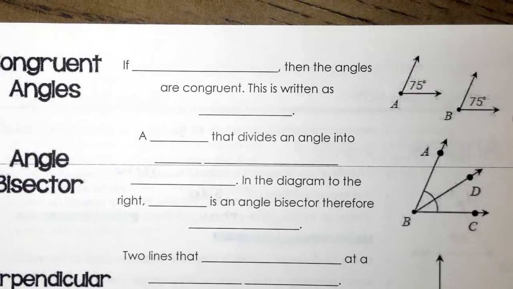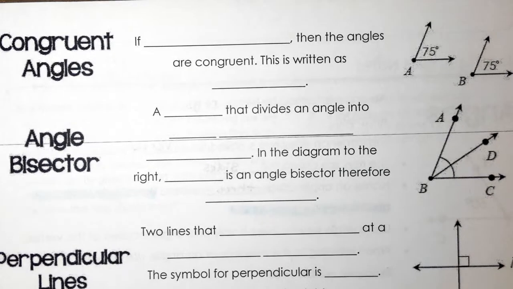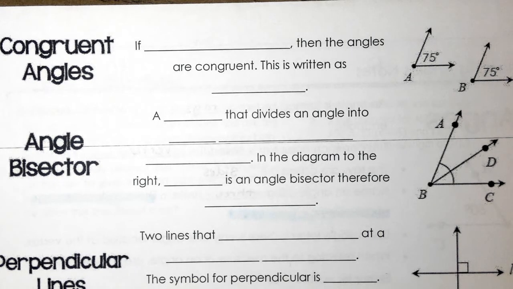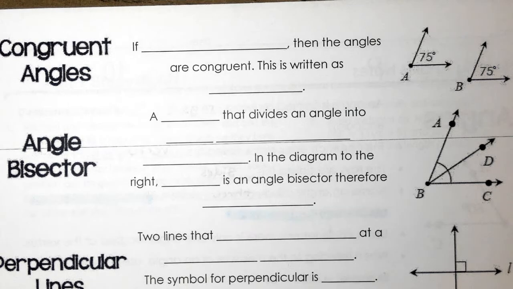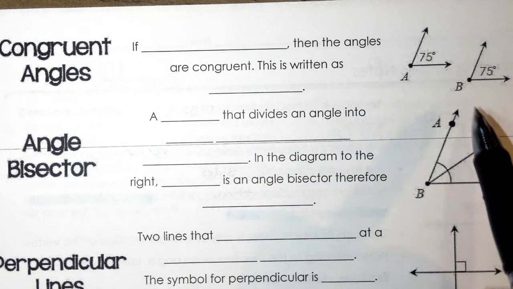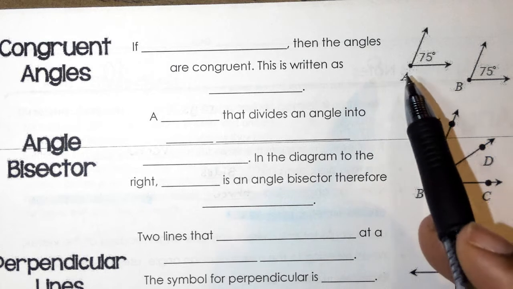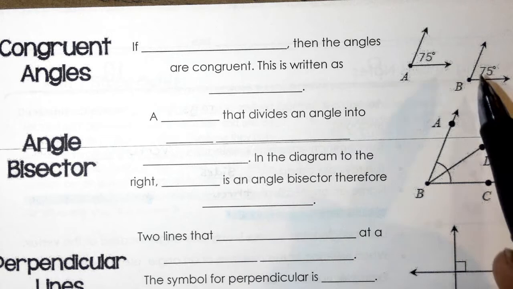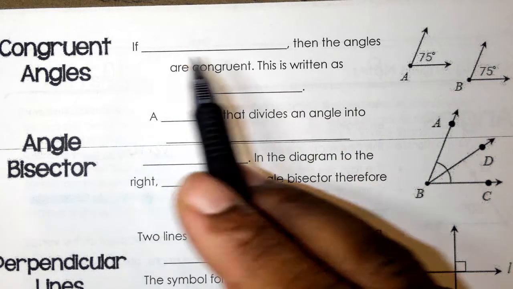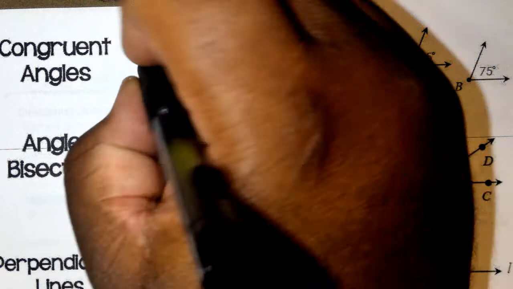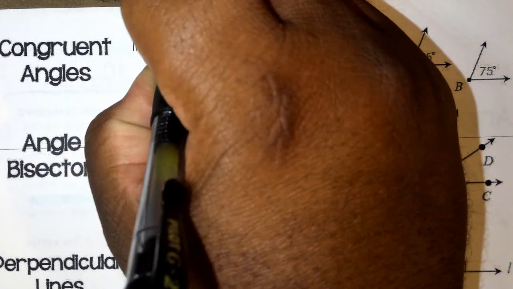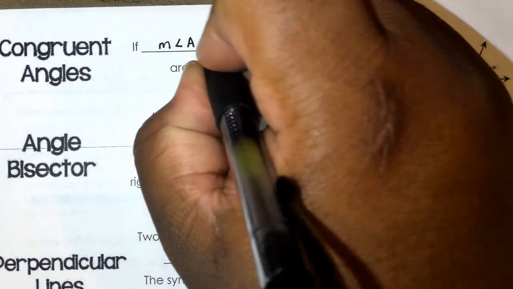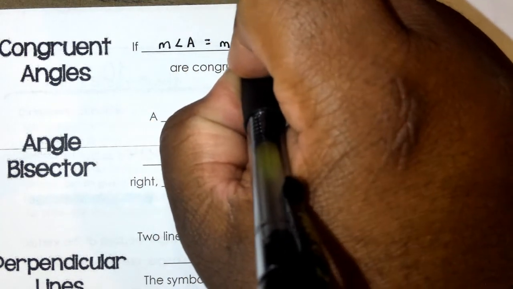On the back, we're going to handle some more definitions first. First thing we're going to talk about is congruent angles. For the congruent angles, we're going to look at this diagram to the right. It's showing you two angles, angle A and angle B, and they both are 75 degrees. So that means these two angles must be congruent. Over here, we're going to write a statement about that. If the measure of angle A, this is my abbreviation, equals the measure of angle B,